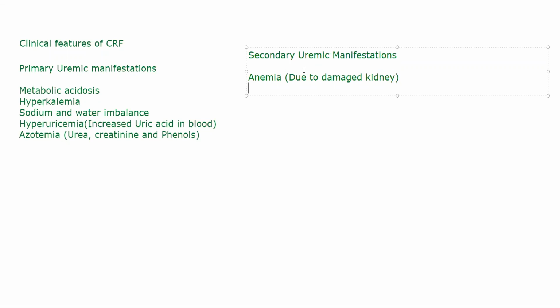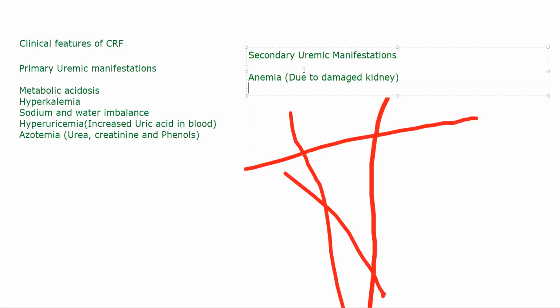Or you can also say that because of kidney impairment or kidney dysfunction, because it's not working properly, the patient is having anemia. Other than that, there will be integumentary system manifestations, in the sense that urobilin or urochrome will start accumulating. In bile metabolism, one part of bile will get converted into urobilin, and that urobilin comes into your urine. Urobilin is the pigment that gives yellowish discoloration to your urine. Stercobilin is the pigment that gives color to your feces. Okay?